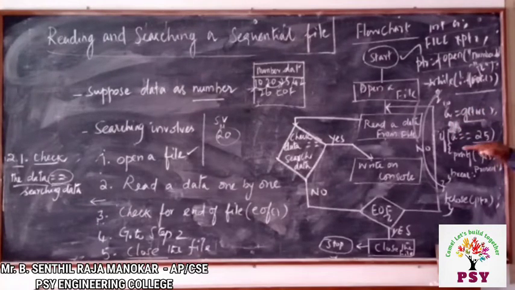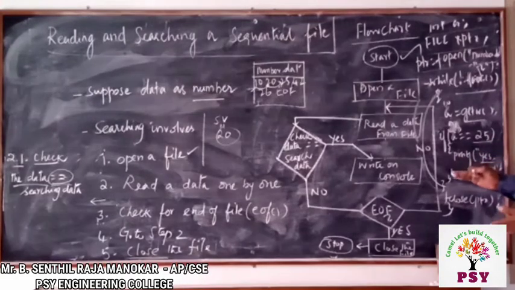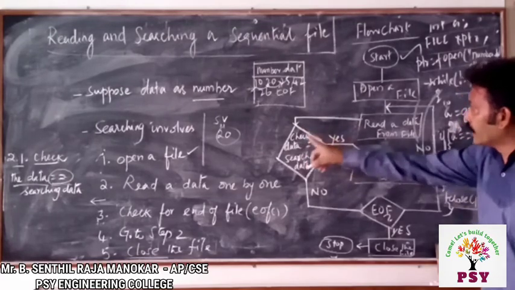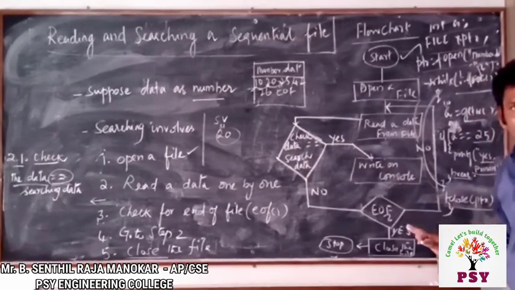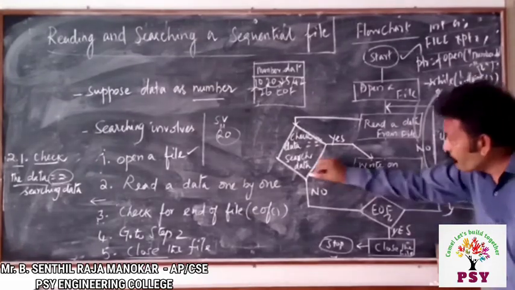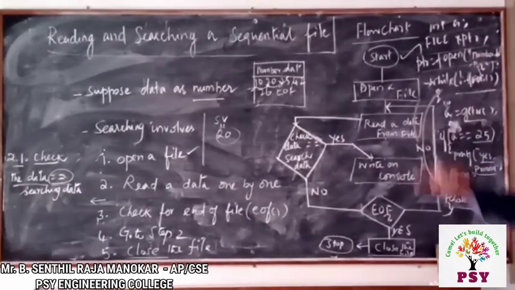So automatically this output is printed: yes, present. Then I have used break, so the while operation stops here. Finally we can close the file. That is what I have drawn here. Check the data. If it is yes, write on the console and close it. Otherwise, we have to run the loop again and again. That's all.